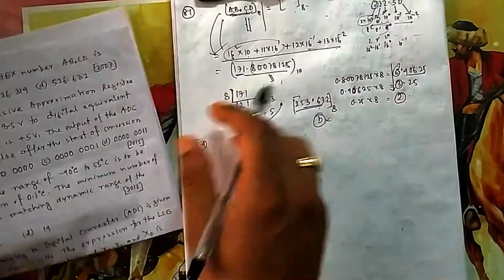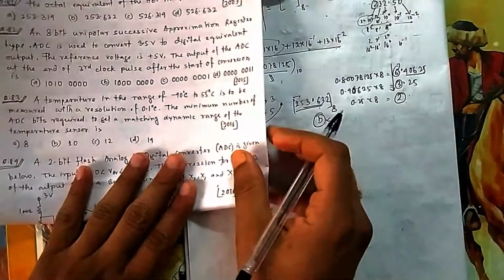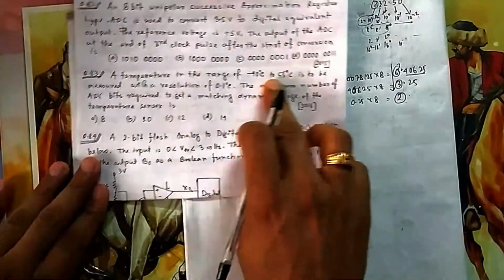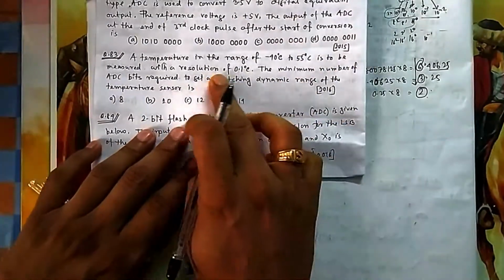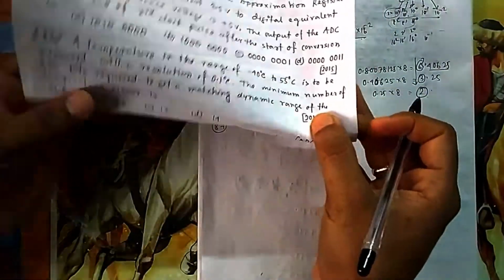For any base to any base I can convert using this via that decimal. Now 83: the temperature in the range of minus 40 to 55 is to be measured with a resolution of 0.1. The minimum number of ADC bits to get the matching dynamic range of the...